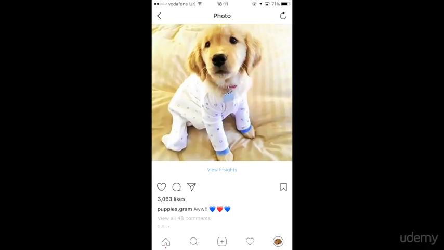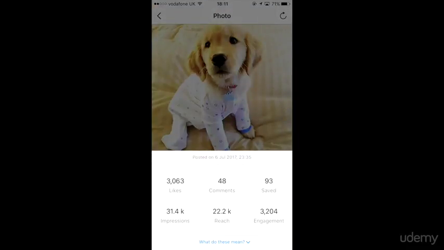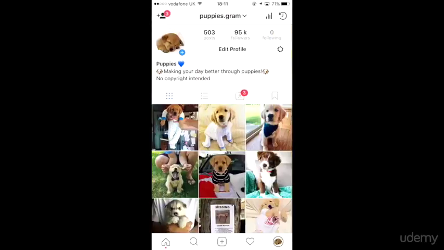So for example, this photo here, and you go view insights, and then it will show likes, comments, saved, impressions, reach, and the engagement. This is all really important information, guys, which you can learn. Also, each post you can see the amount of engagement you're getting and how popular your photos are. Apart from that, this is just a quick basic